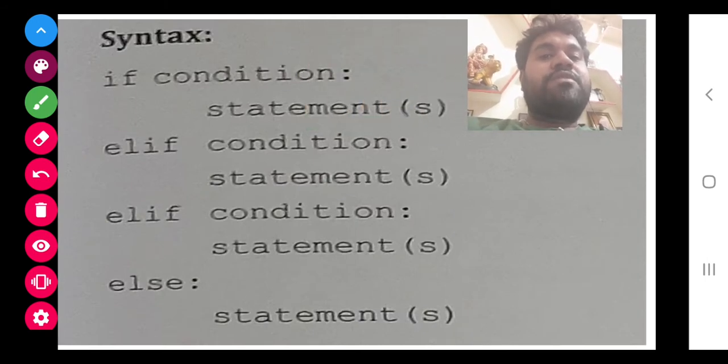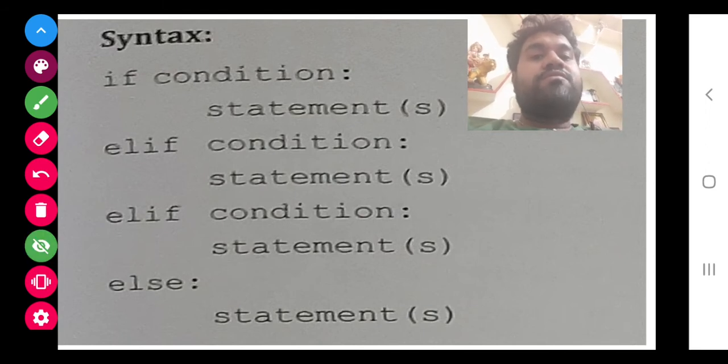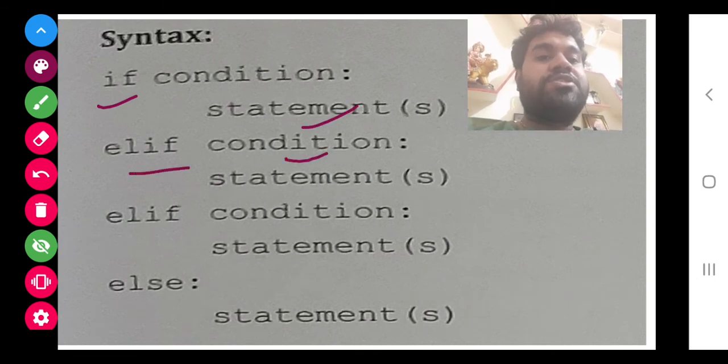So this type of question we do using if elif; the full form is else if. So class, see this: first of all if, then the statement, then elif, then the condition, then the statement, then elif. For this also we have to give a condition, and finally the else statement. The last statement is the else statement. If all these conditions are false, then it should go to the last one. If the first condition is false, then it should check the second condition. If the second condition is